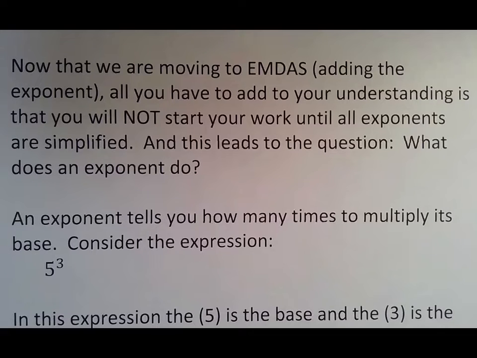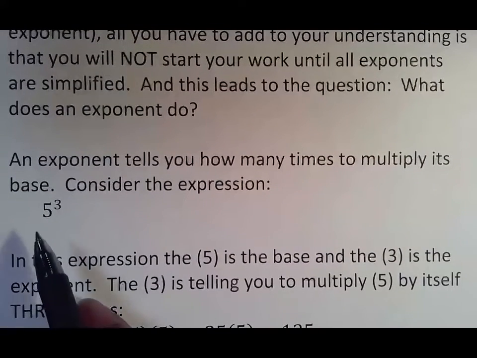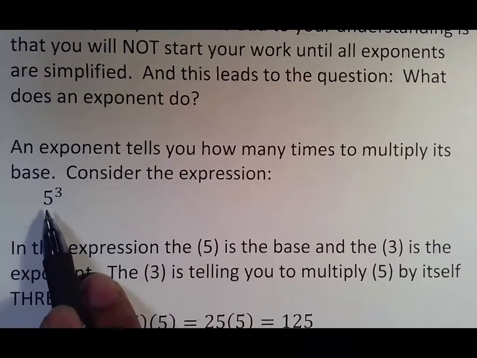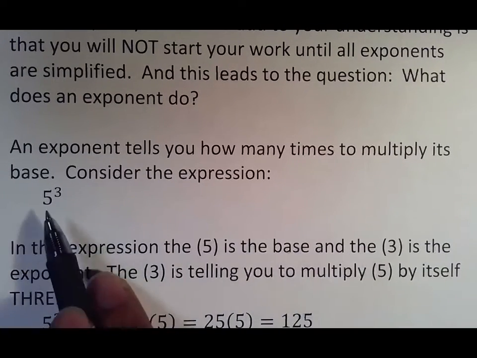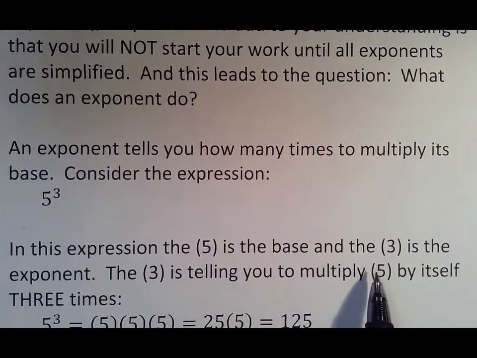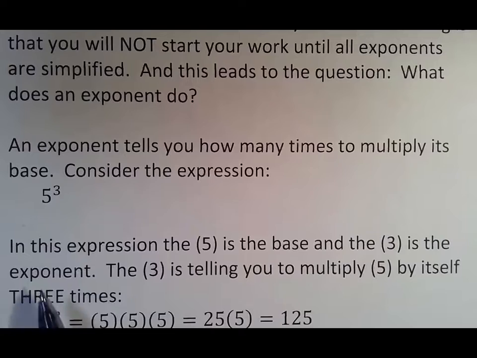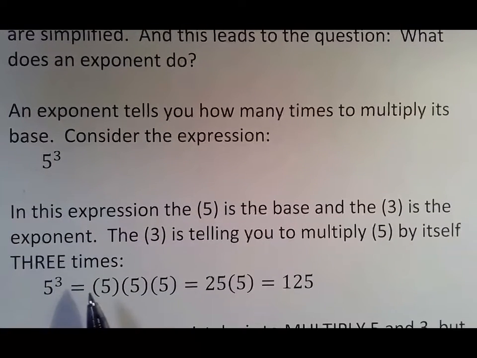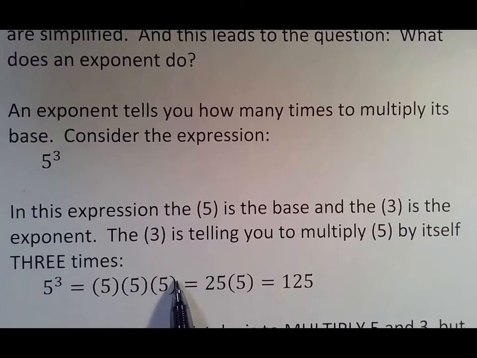That leads to the question, what does an exponent do? What an exponent does is tell you how many times to multiply its base. So consider this expression, 5 to the third. In this expression, the 5 is the base, it's the big number, and the 3 is the exponent, which, as I said, is a small floating number. The 3 is telling you to multiply the base 5 by itself 3 times. So 5 to the third means 5 times 5 times 5,